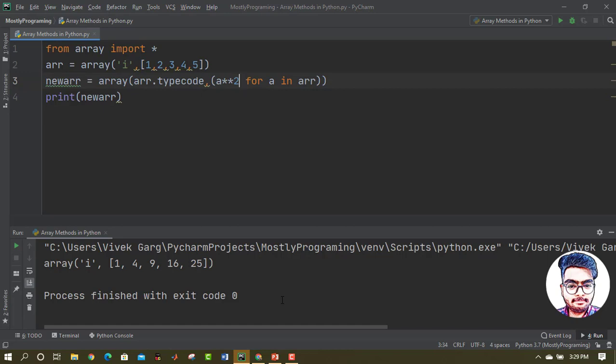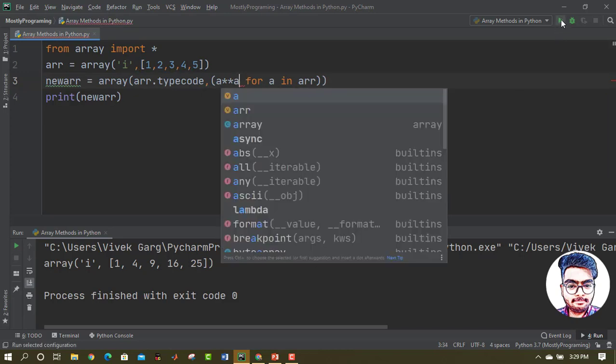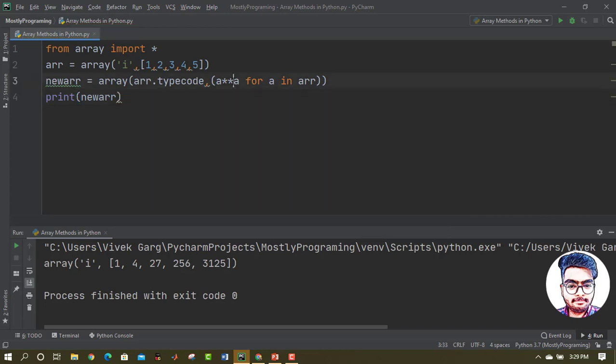Similarly, you can also do whatever you want. What if I want a to the power a, then I would get that. If I want any other thing, for example, if I want twice the values, then I would get that. I would get 2, 4, 6, 8, 10. You can explore what other things you can do with it. This is a pretty useful concept if you want to create a new array from an already existing array, some multiple of it or square of it, cube of it, or the exact same array. So you can use this concept. I hope these concepts are now clear to you.